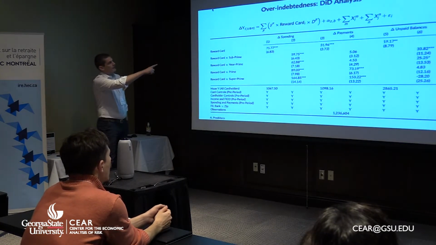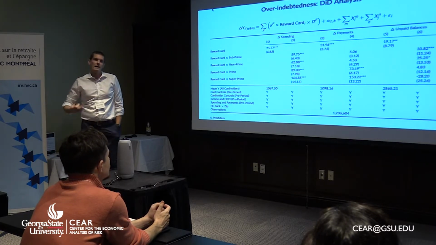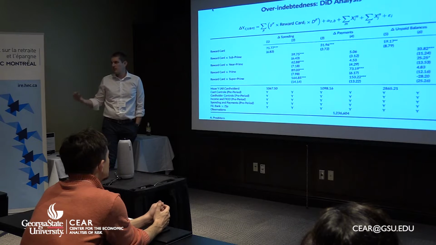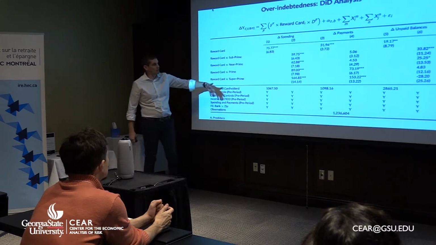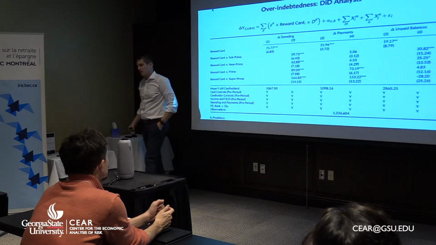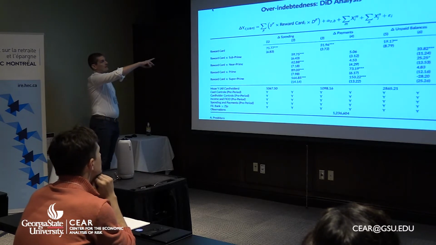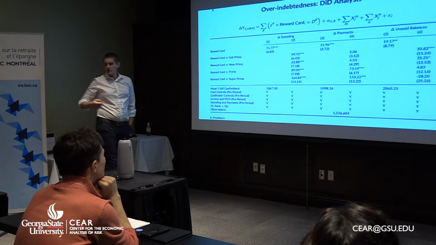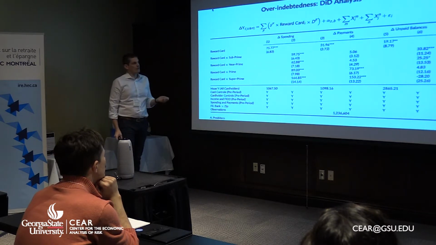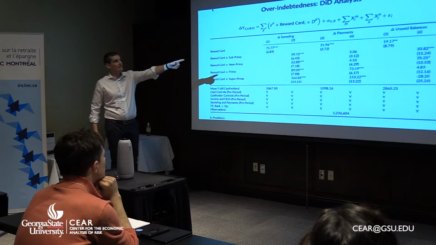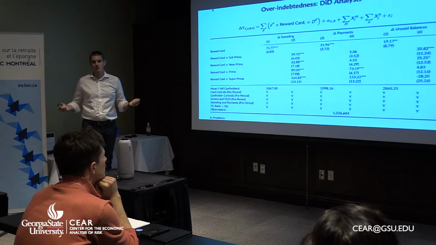What you see here is that reward cards induce spending more. That's what people know. You know, when you get credit cards, you tend to spend for a number of reasons. First of all, you want rewards. And this is true across the entire FICO distribution, and clearly the high FICO people spend more with a reward card than low FICO people. Then you can see that in column 3, payment, which is how much you repay your card, also increases for reward card more than the classic card, but less than proportionally. And as a result, in column 5, unpaid balances increase as well. So people become, on average, more likely to be revolving.